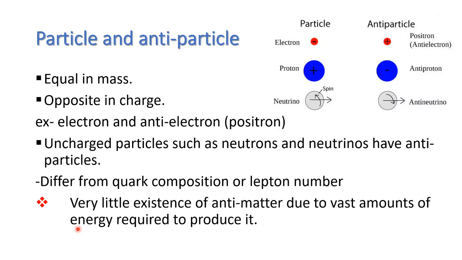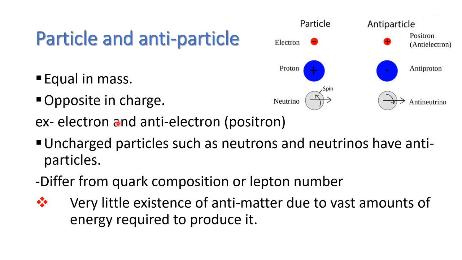When it comes to the particle and antiparticle produced in pair production from the two photons, we must know how they are the same and how they are different. Some examples: the antiparticle of the electron is the positron, of the proton the antiproton, of the neutrino the antineutrino. A particle and its antiparticle are equal in mass and opposite in charge. For instance, the electron is negatively charged, and its antiparticle, the positron, is positively charged, but has the same mass.